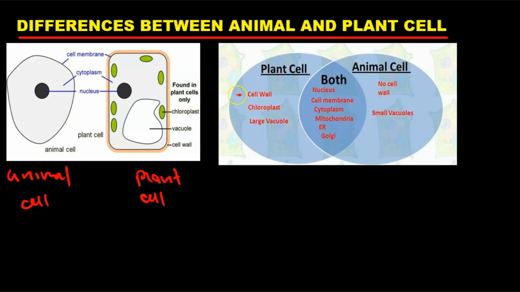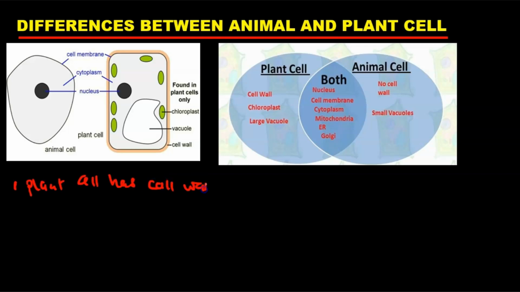If you are asked to distinguish between a plant and animal cell, this is what you write. Okay, so one, plant cell has cell wall,